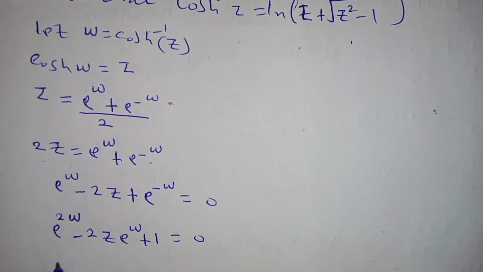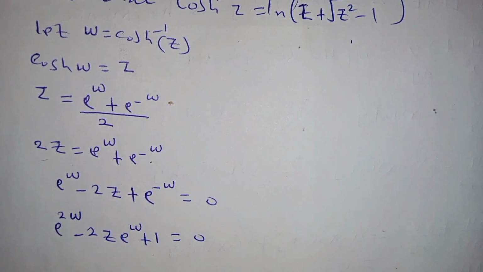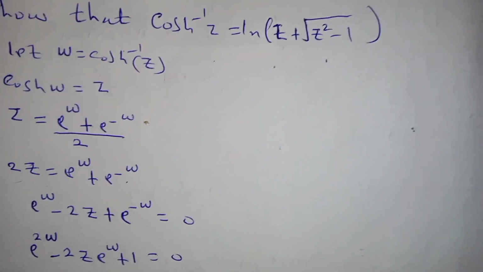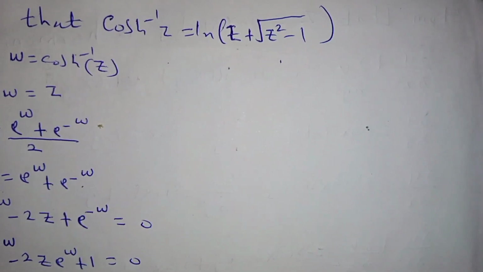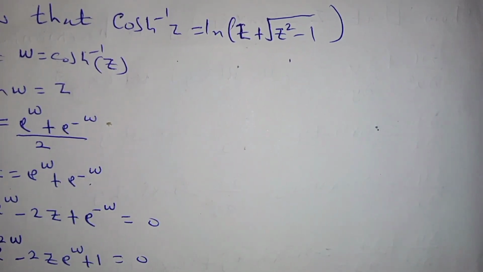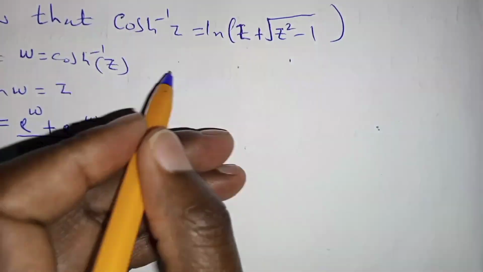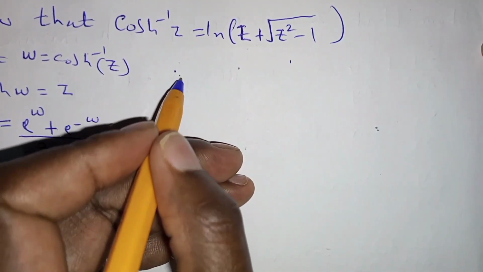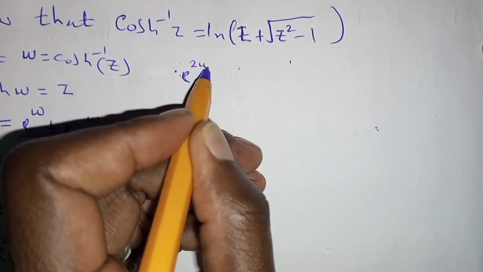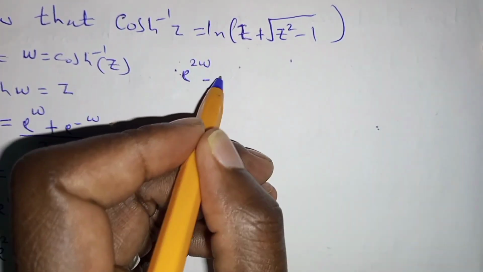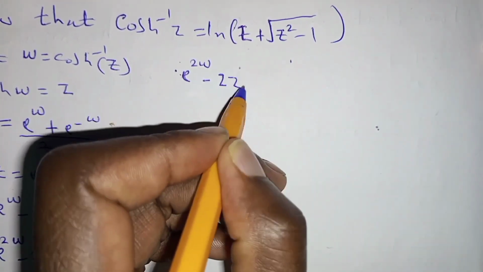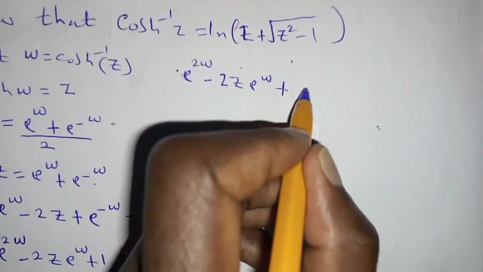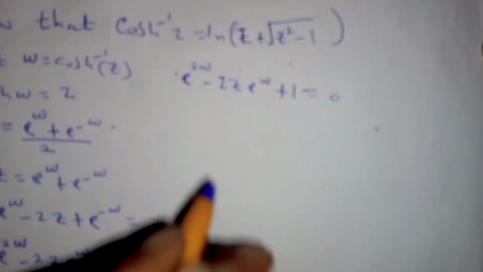When you look at this part clearly, this is a quadratic equation, and we can do it aside here, where e to the 2w minus 2z e to the w plus 1 is a quadratic,